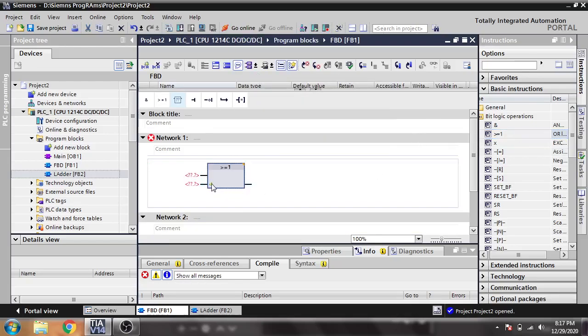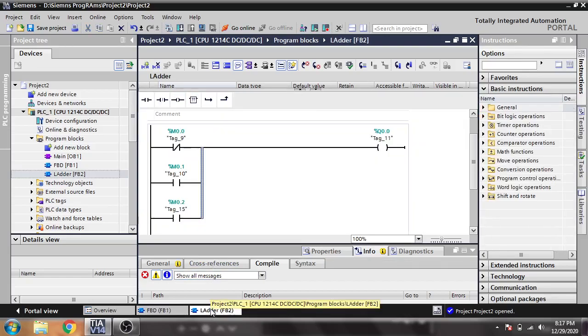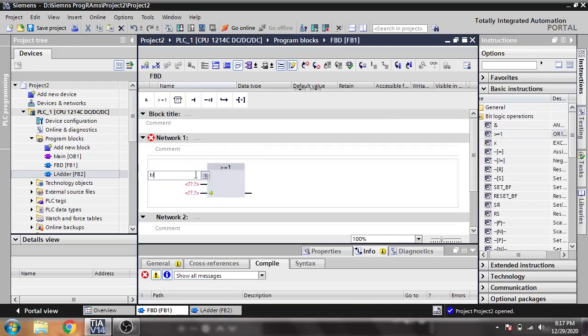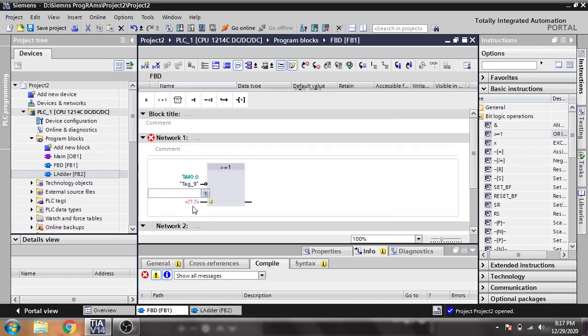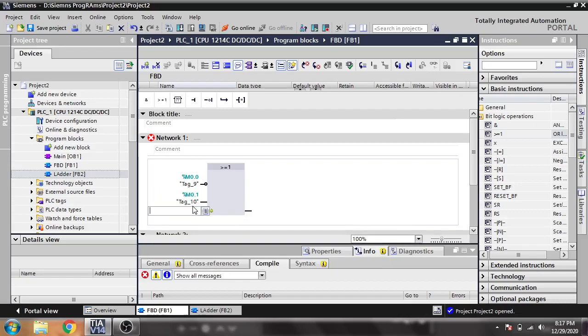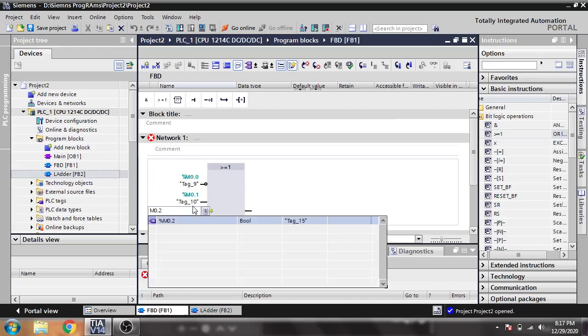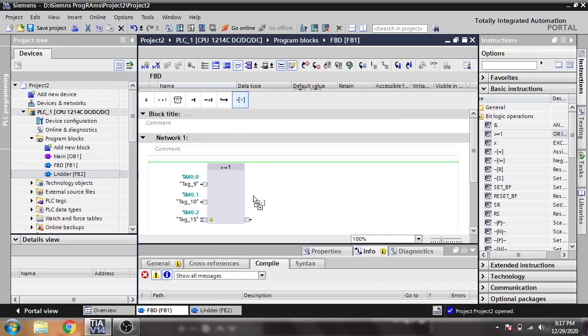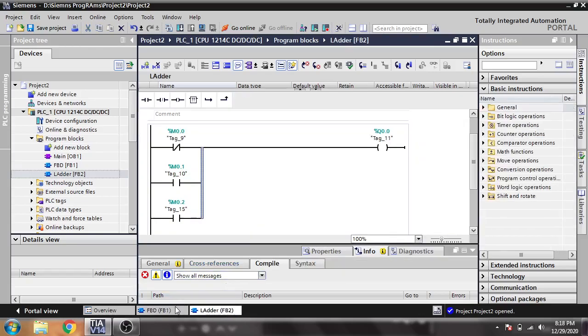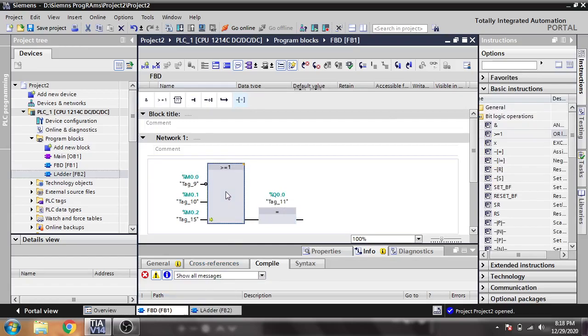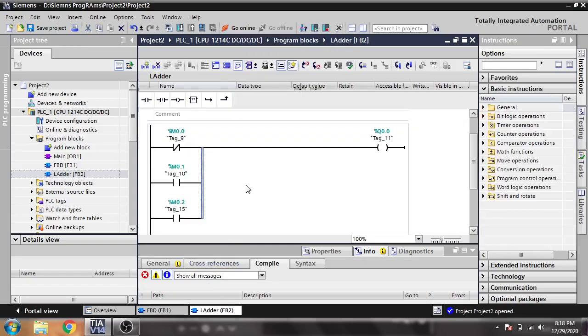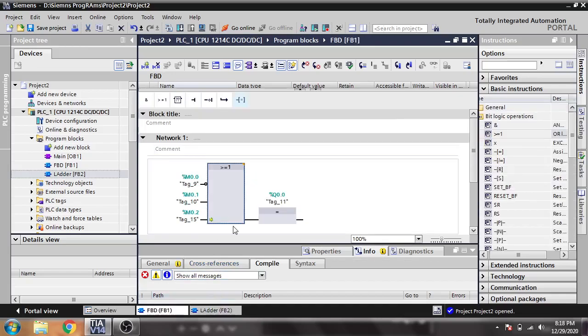I just need one more, and I will make one as NC. So you will see our M0.0 and NC, M0.0 and M0.1 and M0.2, and I make a command to execute as Q0.0 there. So that is our ladder. These are working the same. So if we give you the ladder language, we design like that, and in FBD we design like that.